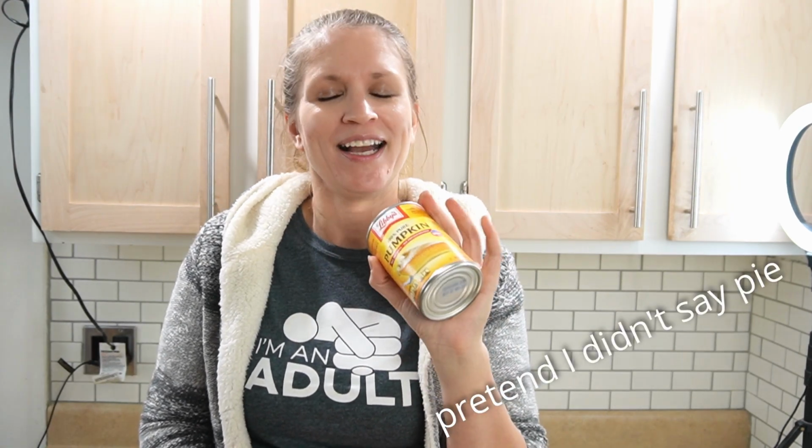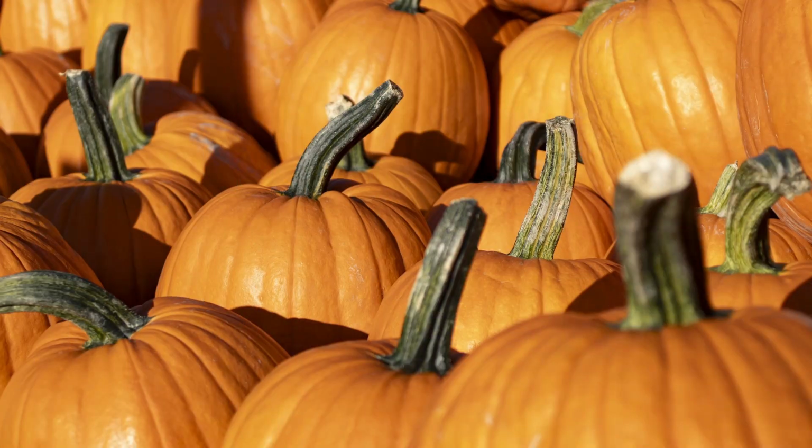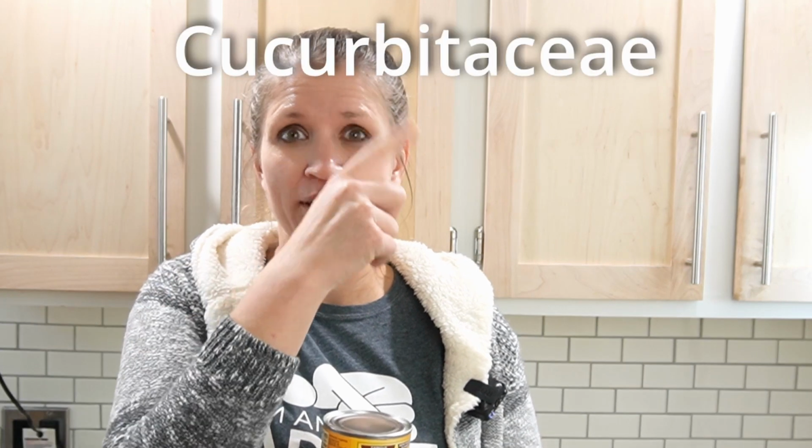Okay, so pumpkin pie in a can. I'm going to come out straight and tell you it's not the pumpkins that you think they are. It's not these pumpkins. Pumpkin is a squash. While all pumpkins are a squash, not all squash are pumpkins. For some of you, this might not be new information. While treated like a vegetable, squash, and therefore pumpkin, is actually a fruit related to this family, which includes melons